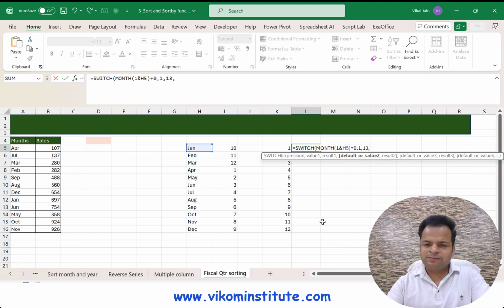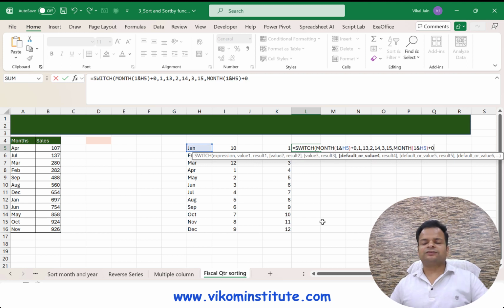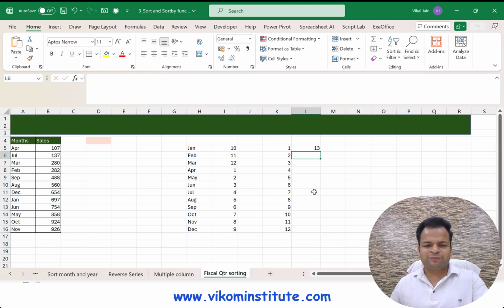If the answer comes 2, I add 12, it becomes 14. If the answer comes 3, I add 12, it becomes 15. Otherwise I want the same answer. That's how SWITCH works. It is the same as your IF function, but here we need to put our values and results also. So close the parentheses and enter. So it is becoming 13 now.